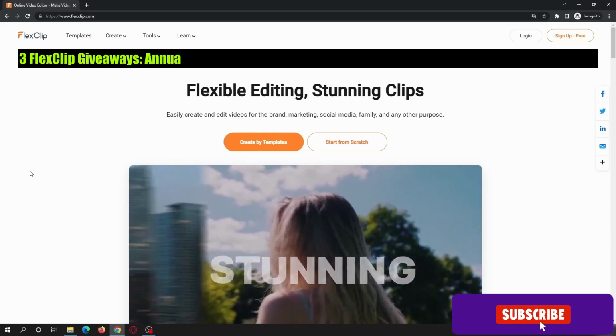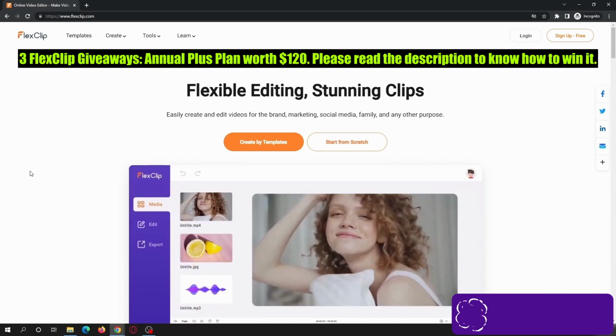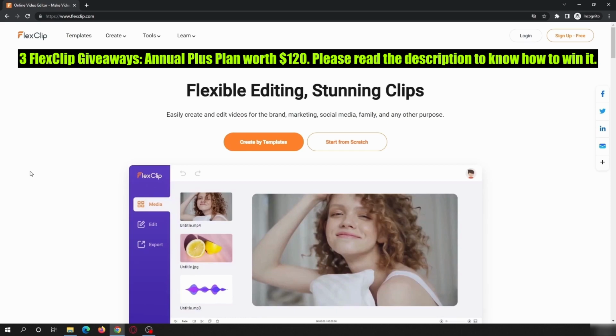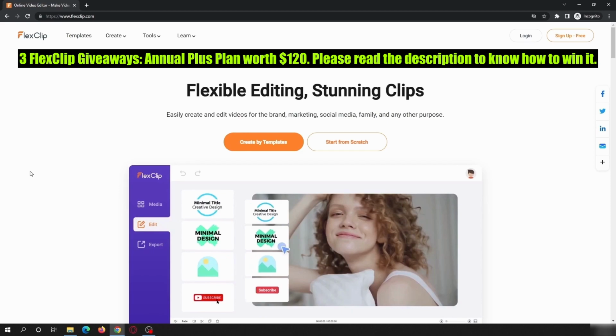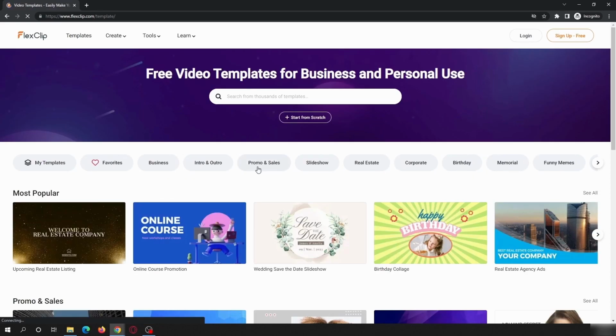The video which you saw in the preview was created using the web-based online video editor called FlexClip. If you want to create content for your YouTube channel, Instagram account or TikTok account, then this is the best application, because let's say if I click on create by templates, then it will take you to another page, and in that page you can see that there are lots of categories, and for each category there are a number